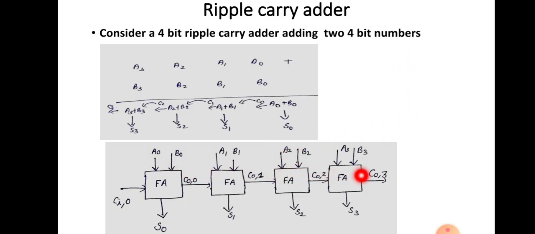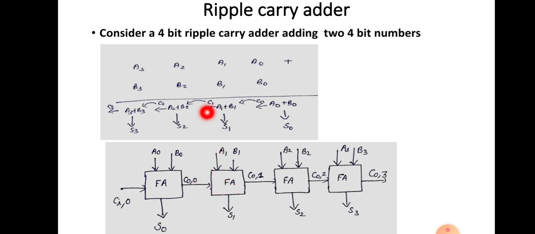So here is the block diagram for the ripple carry adder. Actually it adds more than 2 bits, that is why we are representing it with the full adder, that is full adder first stage, full adder second stage, full adder third stage, full adder fourth stage. So 4 bits we are adding. So the first stage will receive A0, B0, this is input, and the previous carry we are assuming is C input of 0. That means it is the 0 stage, this is the first stage, second stage, third stage. So this is the input, that is Ci is the input, and 0 indicates the 0th stage. And it will produce a sum S0, and the carry of the 0th stage is C0. That is carry output. O means carry output of the 0th stage.